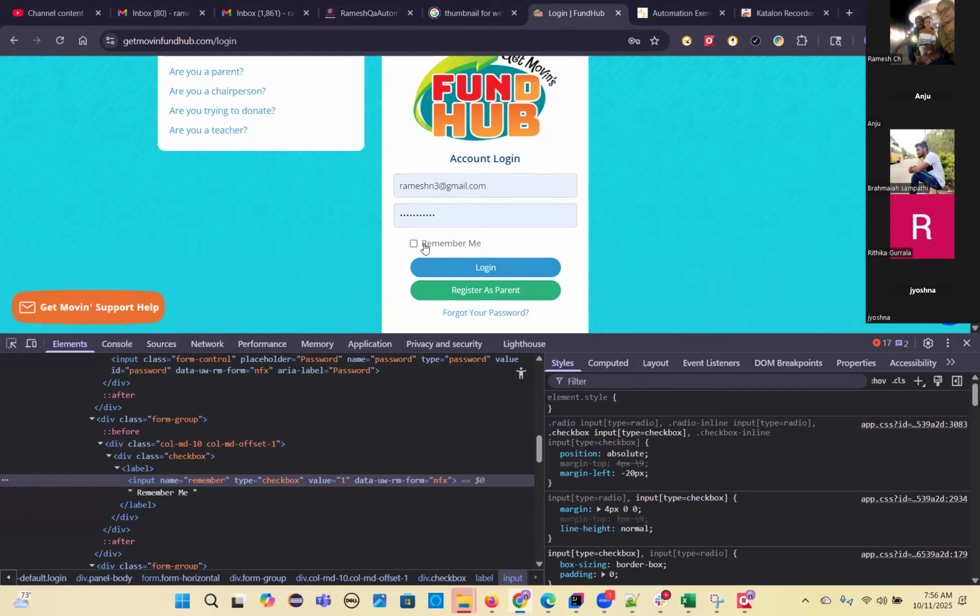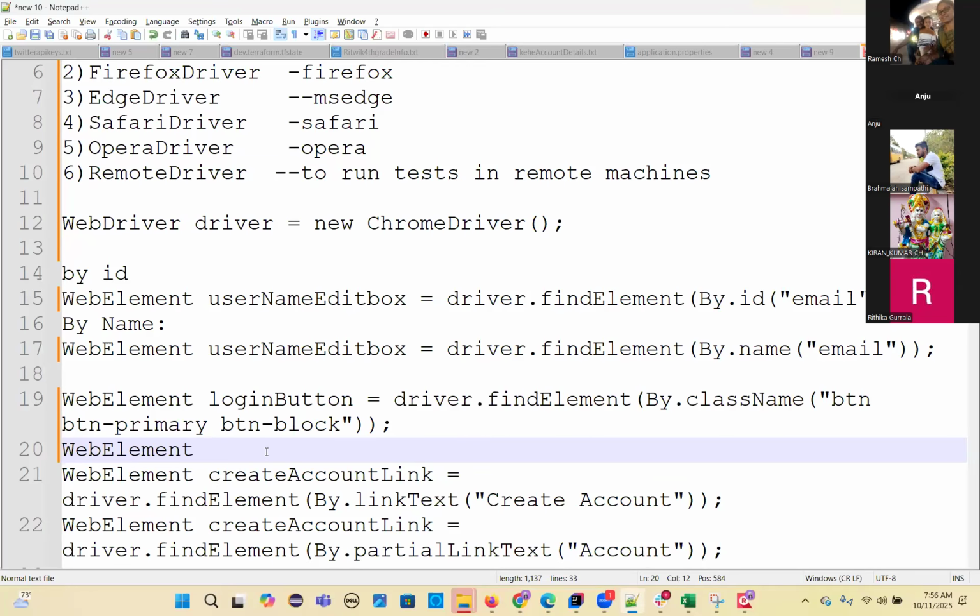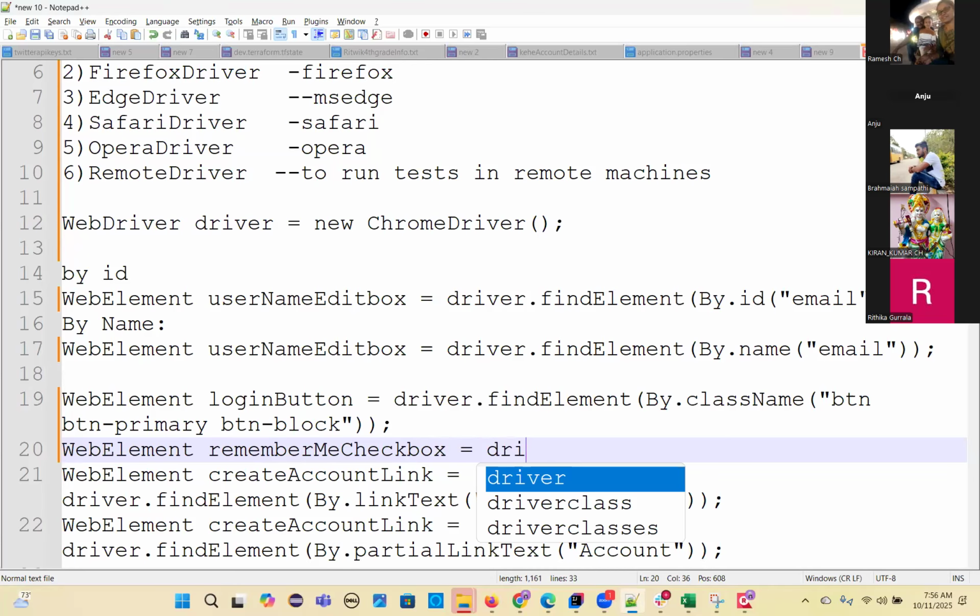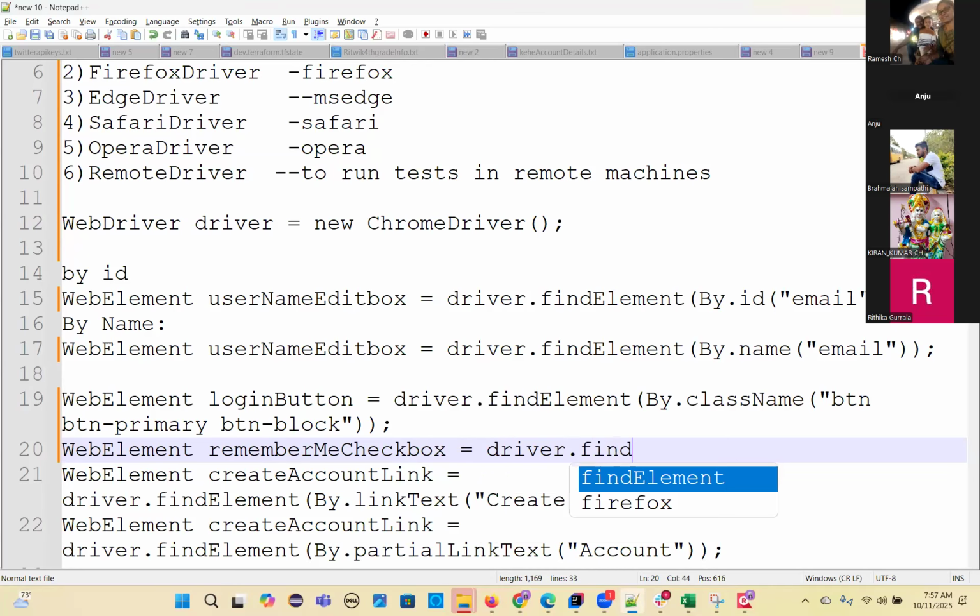Read input. See, this is a label. You have the Remember me checkbox. You have to write rememberMe checkbox equal to first object reference dot find element